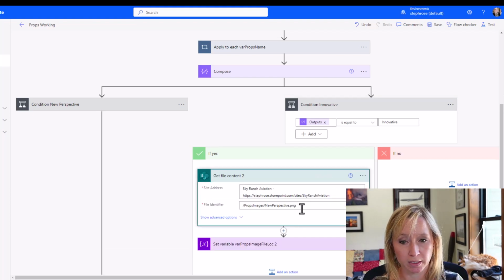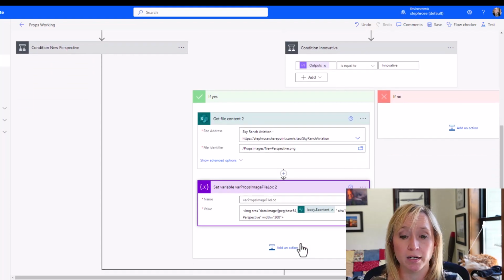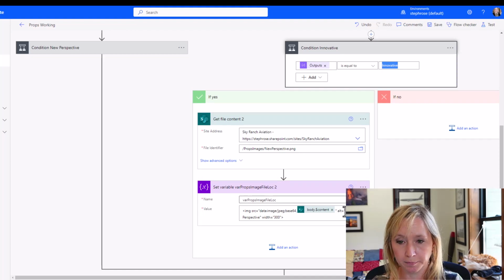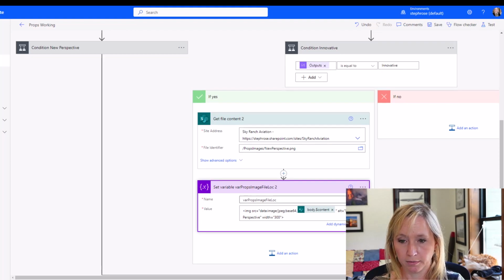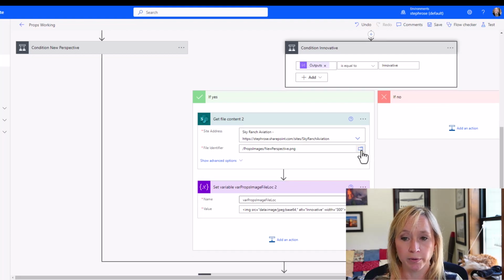Now, if we expand these, they're incorrect. We're going to need to fix them, but they're there, and it makes things a little bit easier for us. So I'm going to copy the text here, change new perspective. Now you'll notice if I hover over this text, it's still referencing the other one. So we know that's not going to work. So I'm going to delete that. And we're going to change this location from new perspective